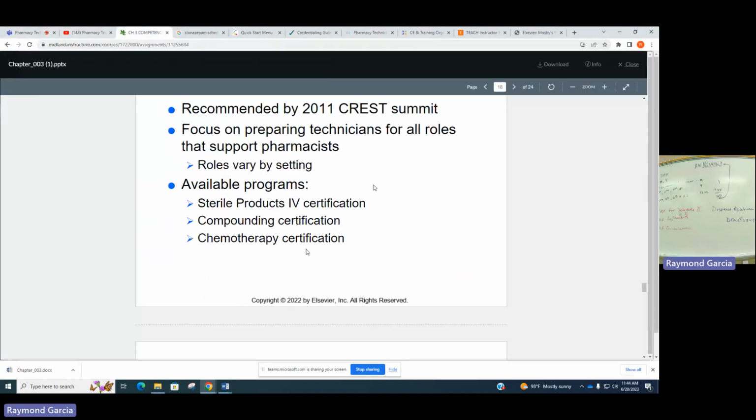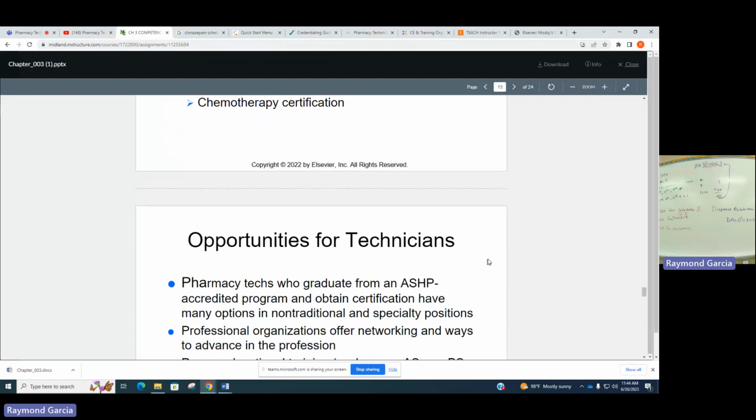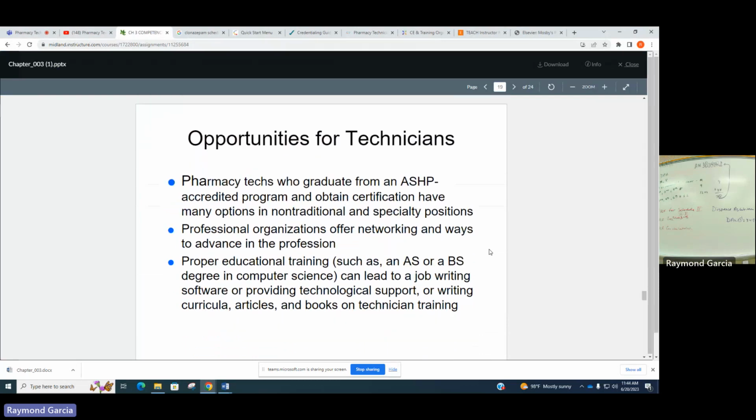Also with chemotherapy, for sure, you'll get more pay if you do chemotherapy IV mixtures. Opportunities for technicians: pharmacy techs who graduated from an ASHP accredited program and obtain certification have many options in non-traditional and specialty positions. Professional organizations offer networking and ways to advance in the profession. Proper educational training,